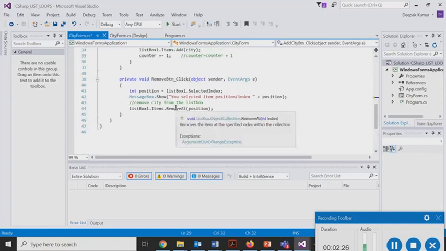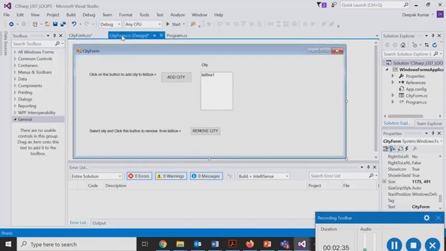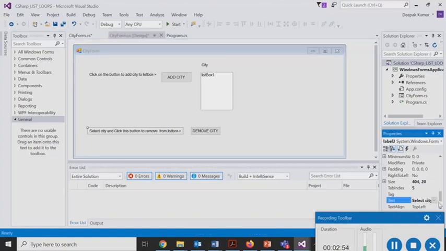The other one was that we were coding a remove button, and if I go back to the form design, we are trying to remove a city from the list box. So we said select a city and then click this button to remove it from the list box. So basically we are trying to remove a particular city from the list box.